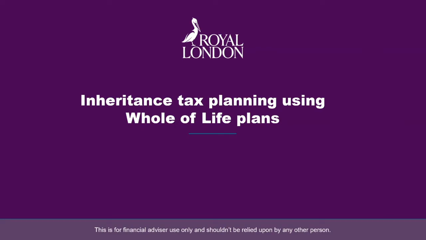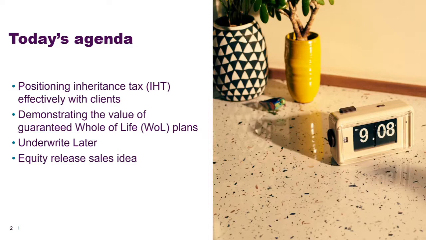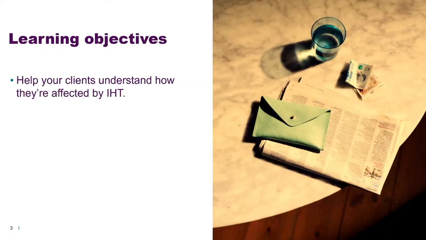Today, we will look at some ideas on positioning inheritance tax with clients, what it means for them, and also some ideas to demonstrate the value of guaranteed whole of life plans. And I'll introduce you to a facility to get valuable cover in place quickly using Underwrite Later. I'll then hand over to my colleague, Dave Dawson, who will run through an idea using whole of life plans in the equity release market. So the learning objectives from today's webinar are: